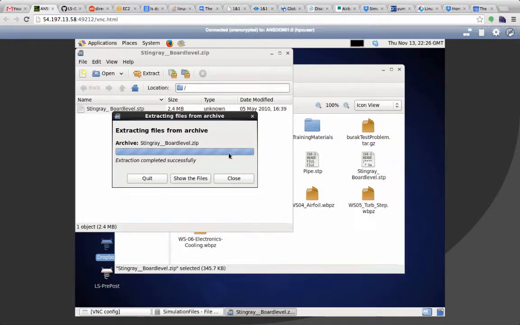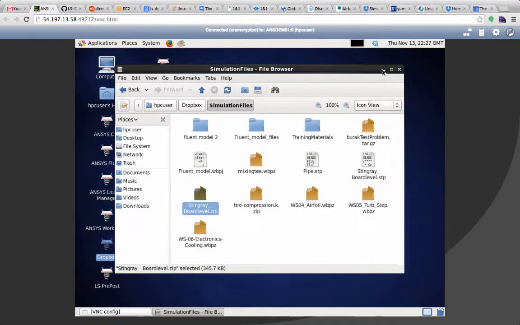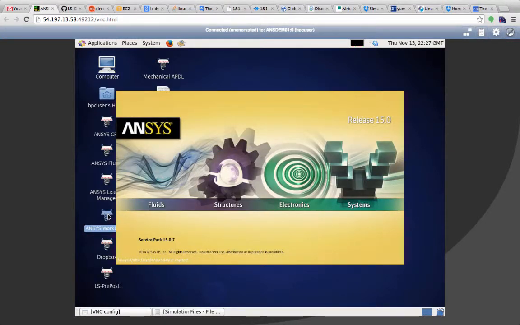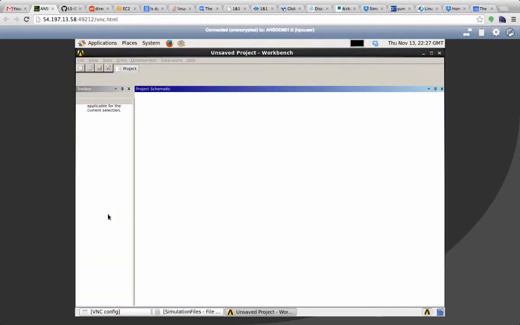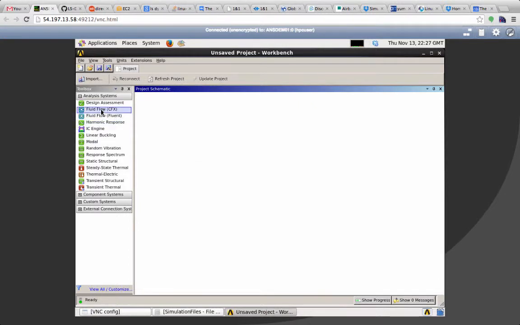So now, since the file is ready and it's extracted, I can go directly into the ANSYS Workbench and open this geometry file. Then we'll go through the meshing of that as well. So you can see how powerful pre-processing capabilities are coming together with powerful computational capabilities of this workstation in the cloud. So very similar to how things would work on my local desktop here, I can open the geometry file,